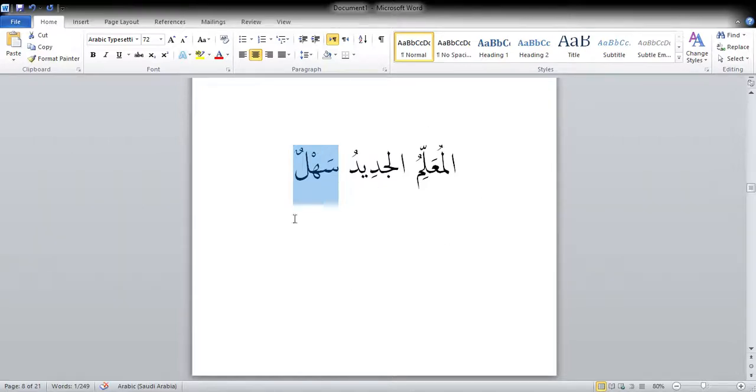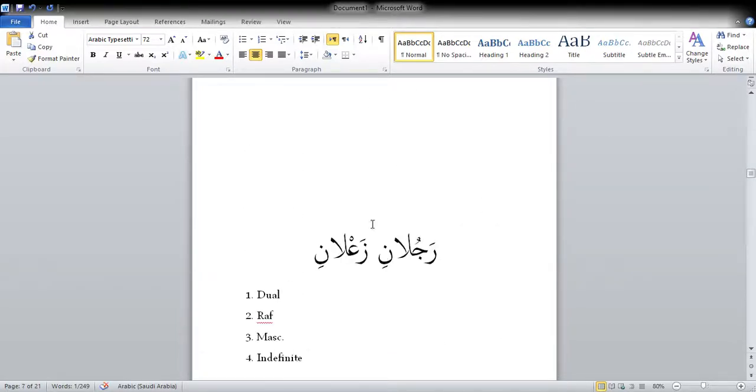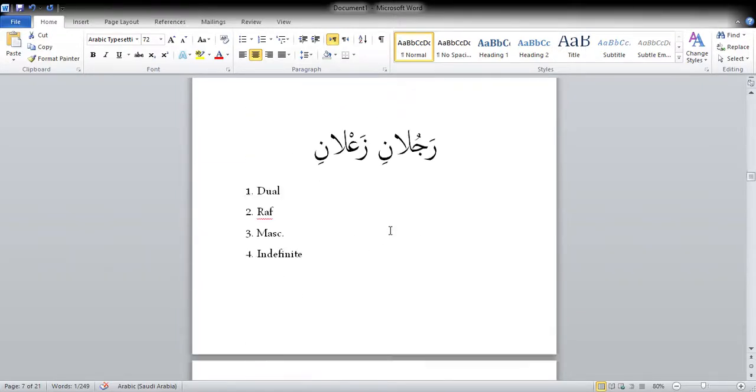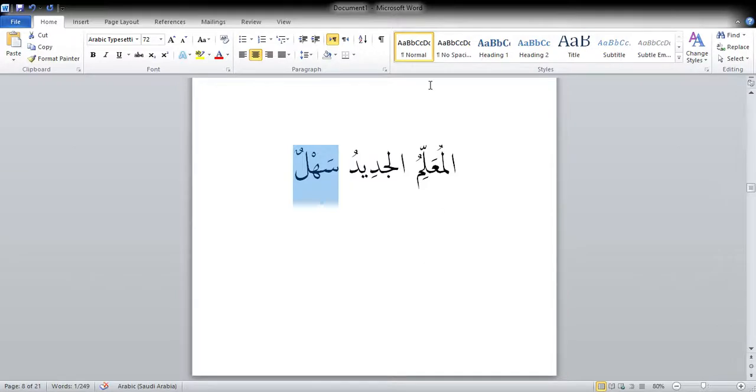So just to clarify, before we did all phrases, so they were incomplete sentences. They didn't necessarily have a mubtada, which is a subject, or anything to say about it. But in this case, we have a subject, and that's al-muallimul jadidu, right? As we learned, the subject is usually definite, and it's in rafa, and then we have the khabar, which is what is being said about the subject, usually indefinite. That's the general rule. There's obviously more depth to it, but that's how you can tell it's a sentence: we have a mubtada, these two words here, and then a khabar, which is something being said about the subject.